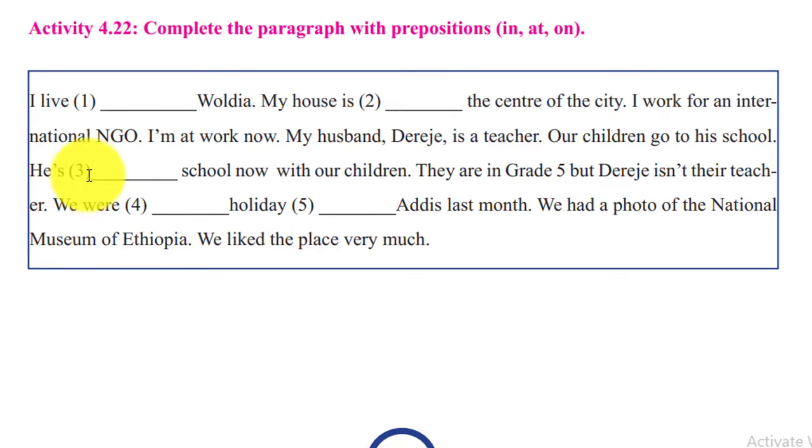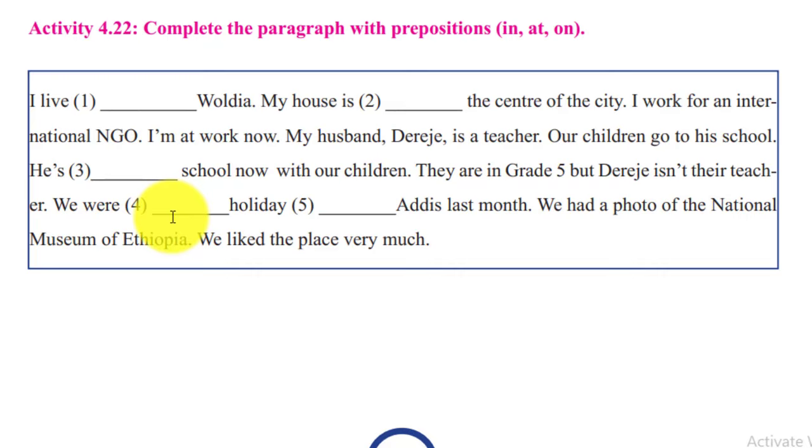ለማሳየት ሊሆን ይችላል ታይም ለማሳየት ሊሆን ይችላል እዚህ ቦታ ላይ በብዛት ቦታን ነው የሚገልጹት so when it comes to I live in ወልዲያ ትላላችሁ my house is at the center of the city ትላላችሁ a specific place ውስን ቦታ ለማሳየት I work for an international NGO I am at work now my husband Raja is a teacher our children go to his school his blank school ይላል his in school ነው የምትሉት now with our children they are in grade 5 but Raja isn't their teacher we were blank holiday ይላል we were ብለን አራተኛ ምንድነው የምንለው we were